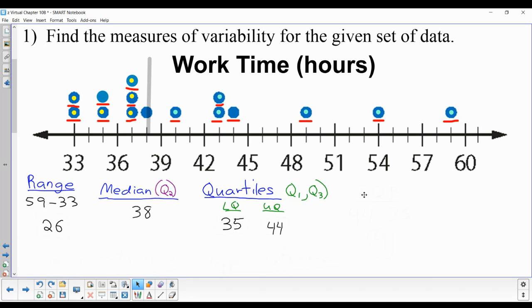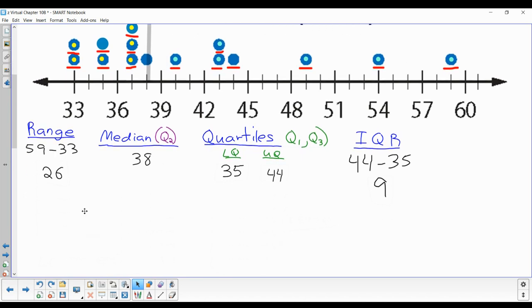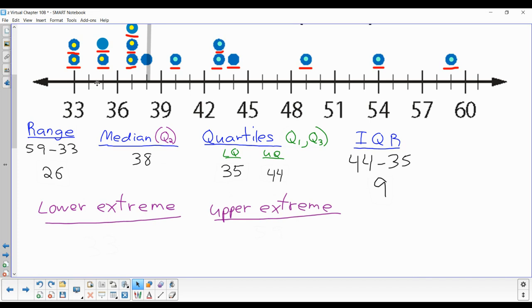The last measure of variability is the interquartile range, which is the range of the quartiles, the distance between the largest and smallest quartile. So the largest quartile minus the smallest quartile, 44 minus 35 is 9. Now, to be able to do a box and whisker, I need not only my quartiles, I'm also going to need the lower extreme and the upper extreme. The lower extreme and upper extreme are the smallest number, which is 33, and the largest number, which is 59. So I'm going to take my 3 quartiles, my Q1, Q2, Q3, and my extremes,